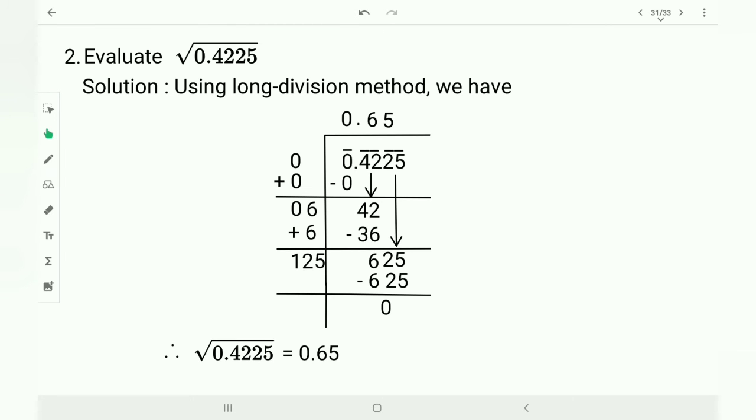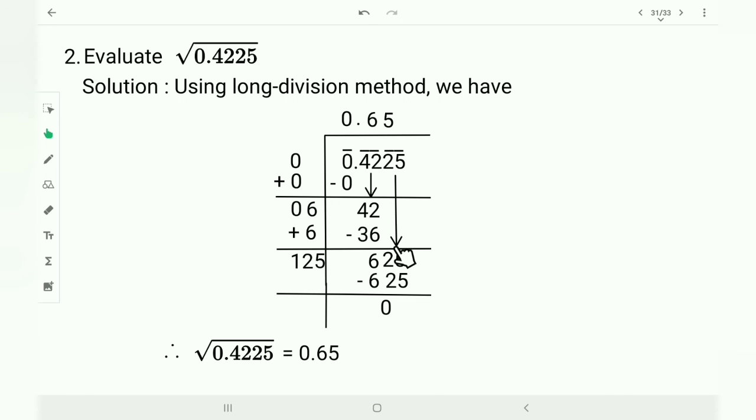For that also you have to choose a square number. Here I have taken 6 as a divisor and 6 as a quotient. Before that, I have replaced the decimal from the dividend to the quotient's place. Now 6 6s are 36. 42 minus 36, remainder 6. And then add this 6 with the divisor 6. Then 6 plus 6 is equal to 12.